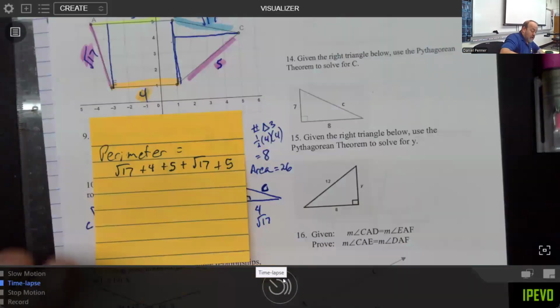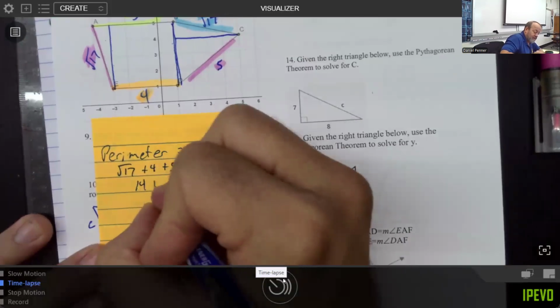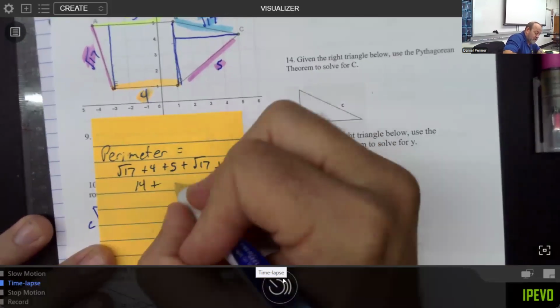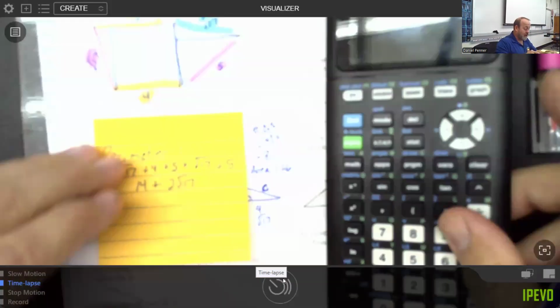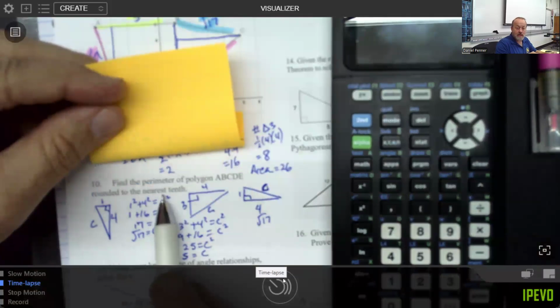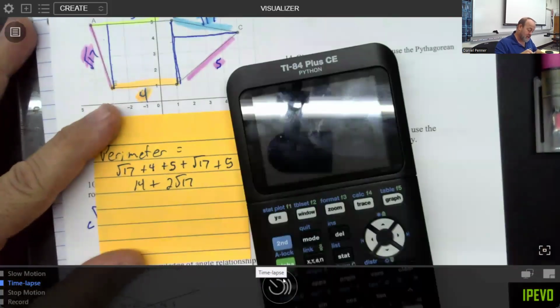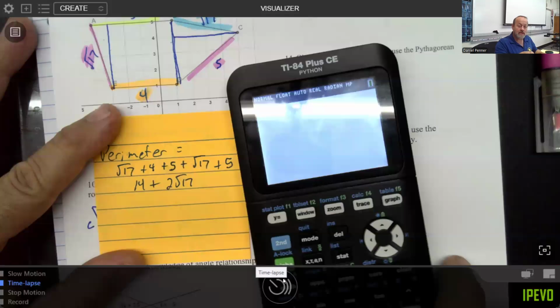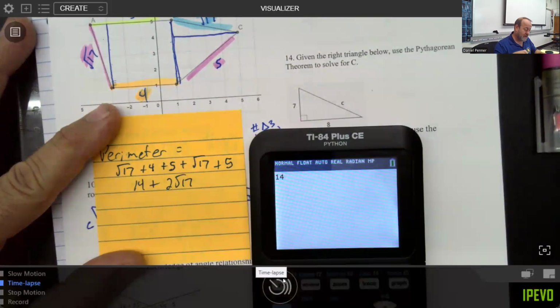Now, I could call 5 plus 5, 10, and 10 plus 4 is 14. I got 14, right? And I've got 2 of these root 17 guys. But we also ask you to give our answer to the nearest 10th, which means we're allowing you to use a calculator to come up with a decimal approximation. So my calculator says 14. Now, again, I could type this all together as one line, or I could just use my simplified version. I'll get the same answer. Plus 2 times the square root of 17. And when I got that, I got